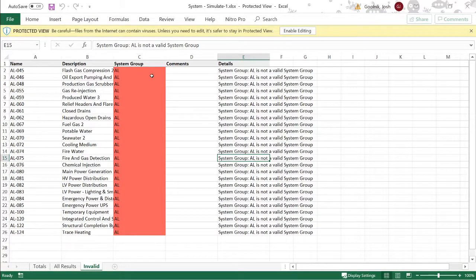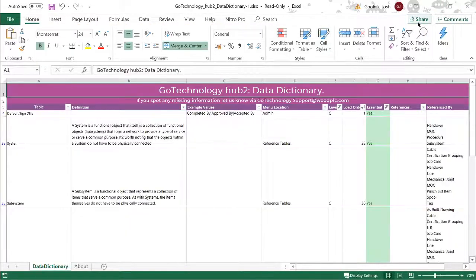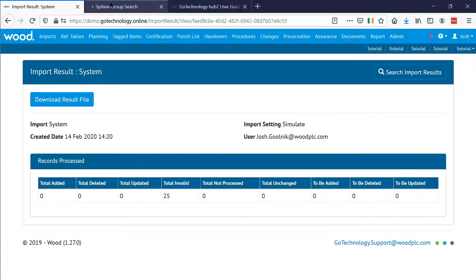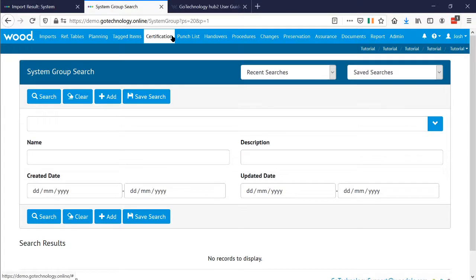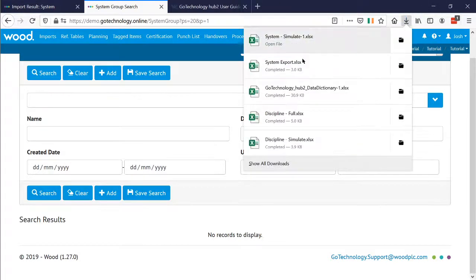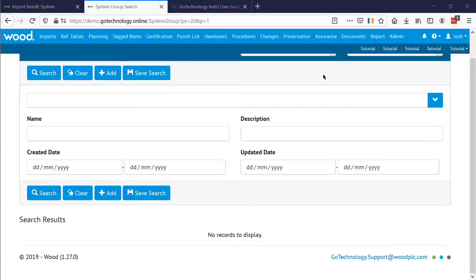Now we could add that system group, or we could remove it from the import file. In this case, I'm just going to add it. So if we go to that reference table, system group is just an optional grouping field for you to fill in when you want to, but I don't have it loaded in here, so it says no records. I haven't set up any system groups, but in the import file that I tried to run, if we go to this system export,